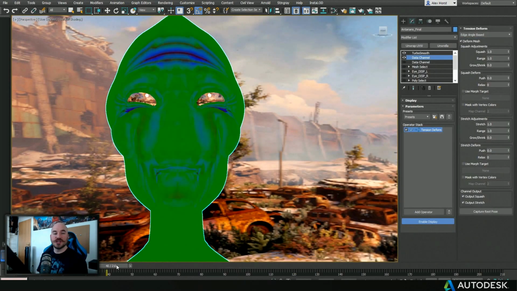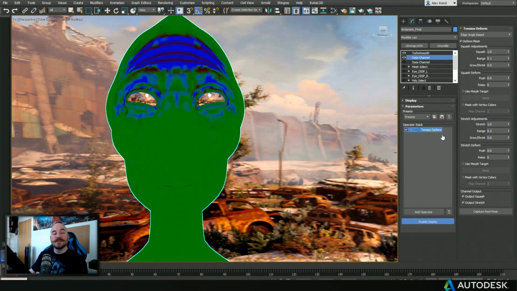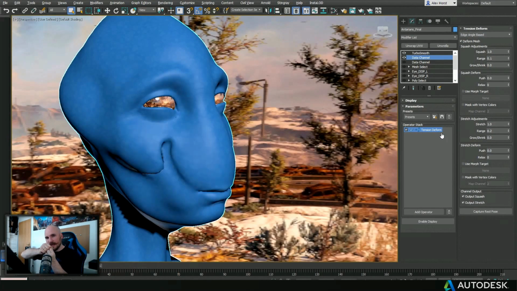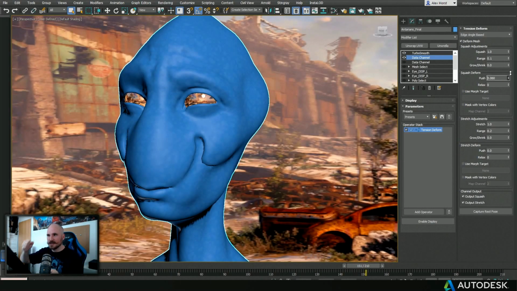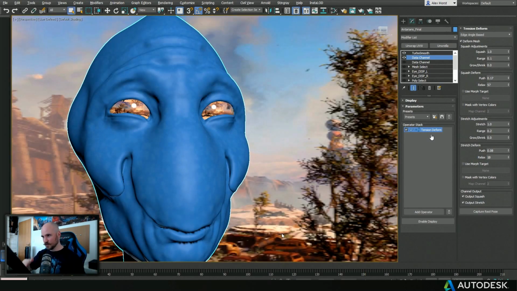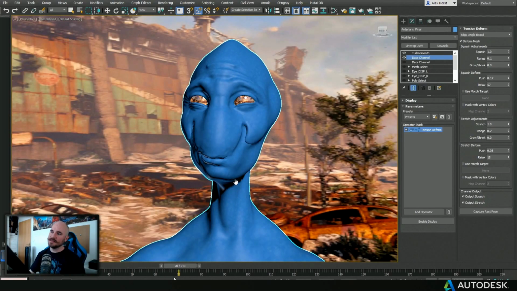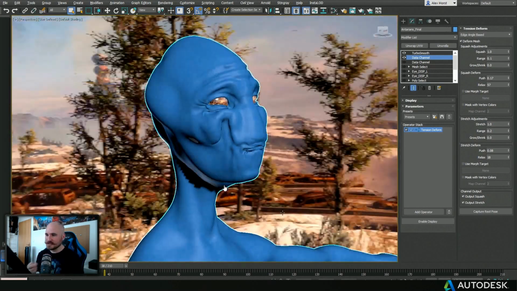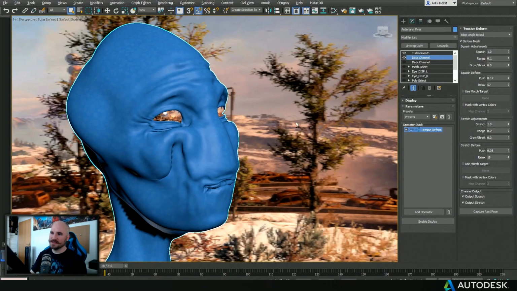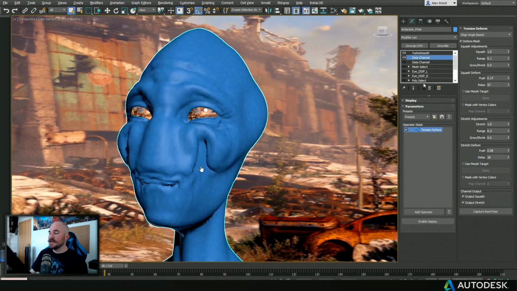But I could also just be happy with the rig and add a data channel modifier, which allows me to read the tensions, like how much of an edge would be squashed or stretched. And based on those tensions, I can then drive additional morph targets, or in that case, I'm just adding a little bit of a push-pull amount that gives me additional wrinkles across my face. See that before and after. This is all based on those tensions, and because it's a data channel modifier which is put at the very end of my modifier stack,